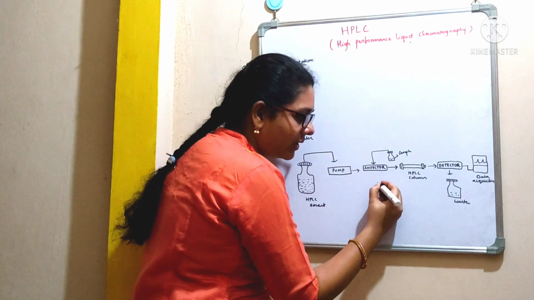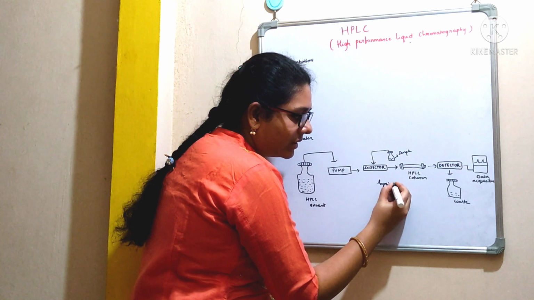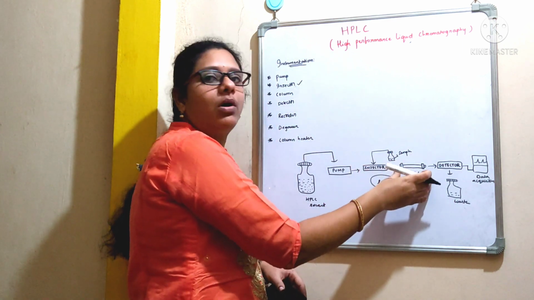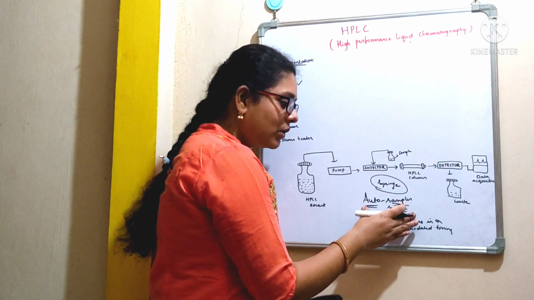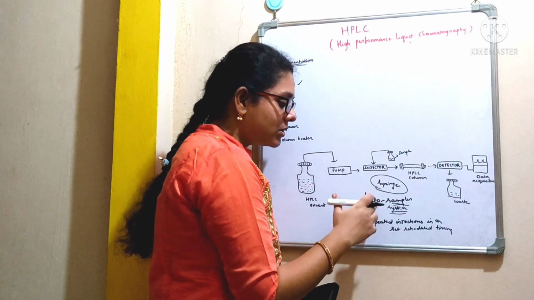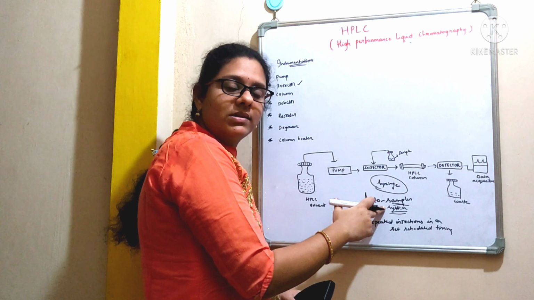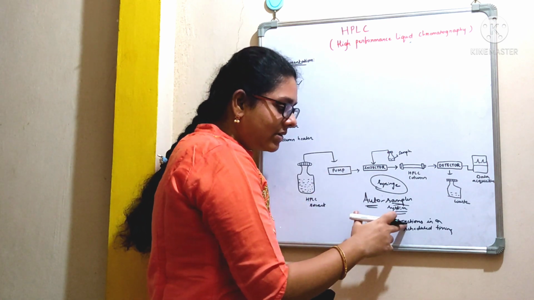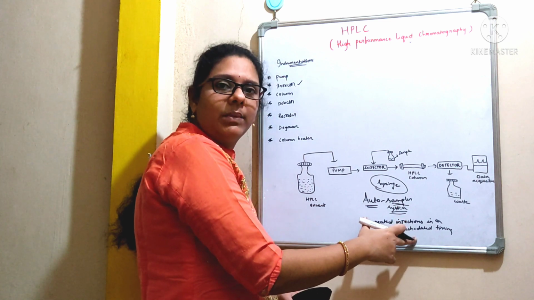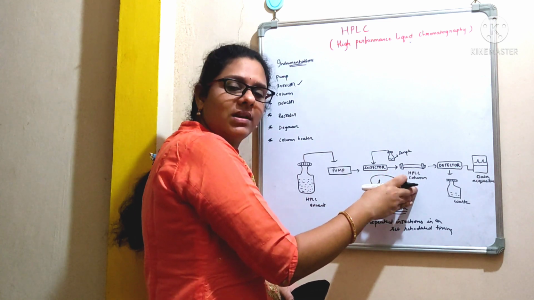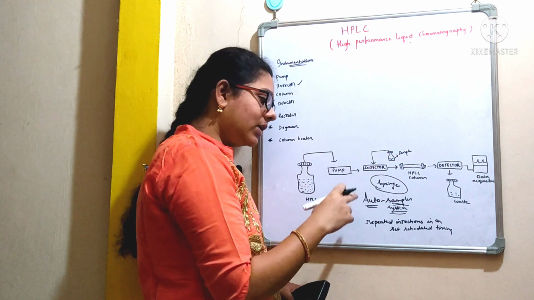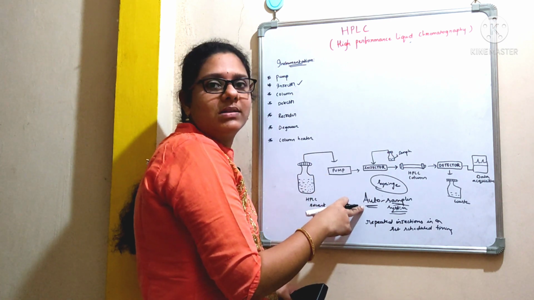The simplest method is that we can use a syringe. With the help of the syringe, we can simply introduce the sample to the flow of eluent. The auto sampler system, or we can also call it an auto injector system, is also used widely, which allows repeated injections in a set scheduled timing. So the simplest method is to use a syringe, we just inject the sample, or we can go with this auto sampler system.